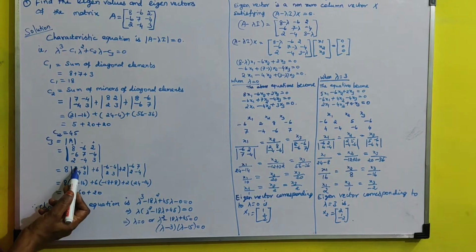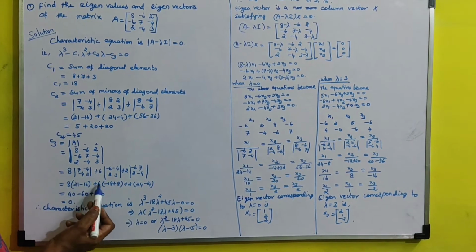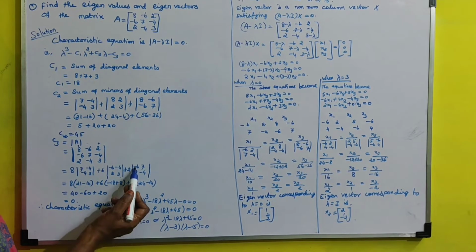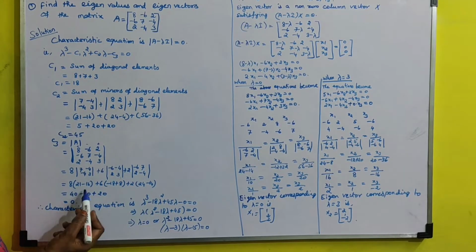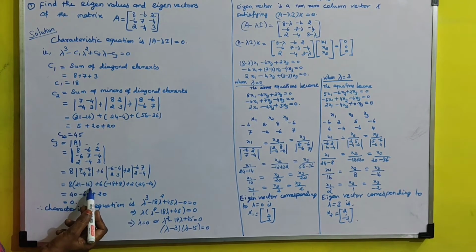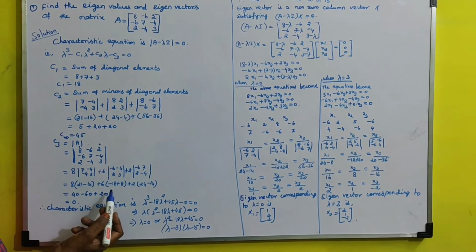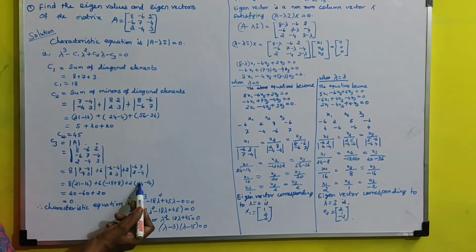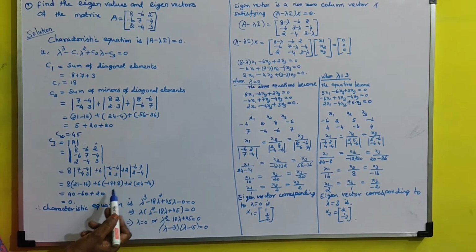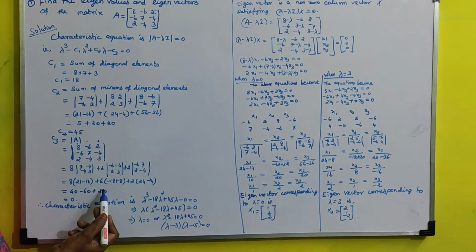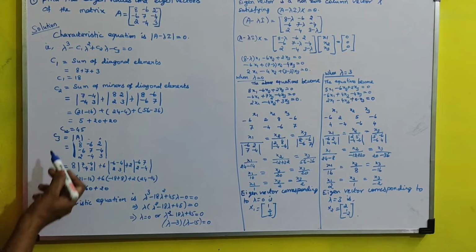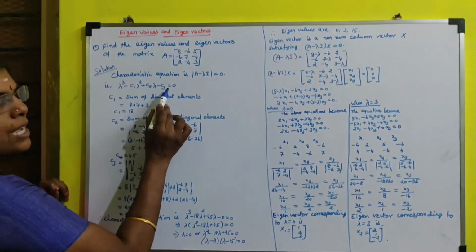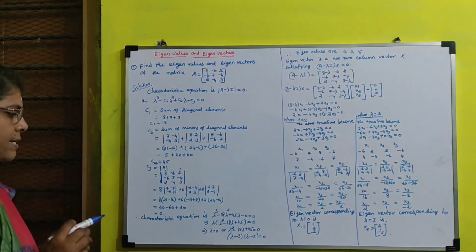Here the determinant is 8 into (21 minus 16) plus 6 into (minus 18 plus 8) plus 2 into (24 minus 14). 21 minus 16 is 5, 5 into 8 is 40. Minus 18 plus 8 is minus 10, minus 10 into 6 is minus 60. 24 minus 14 is 10, 10 into 2 is 20. Now 40 plus 20 is 60. 60 minus 60 is 0. That is, C3 value is 0. If the constant value is 0, definitely you will have 0 as an eigenvalue. Okay, let us see.